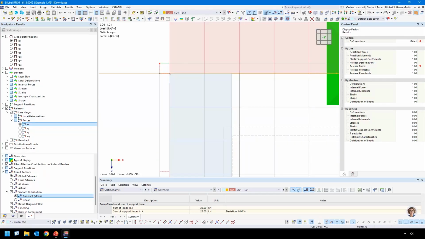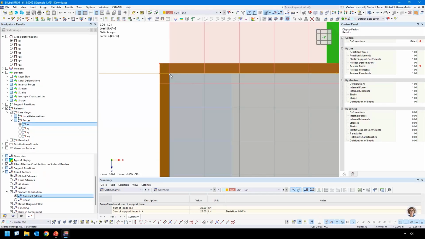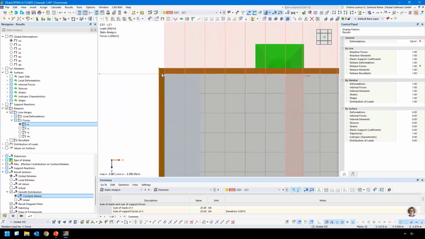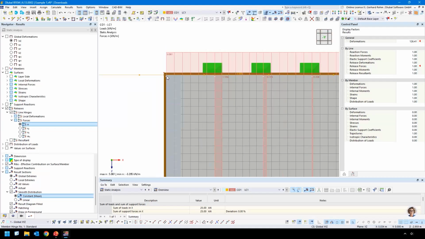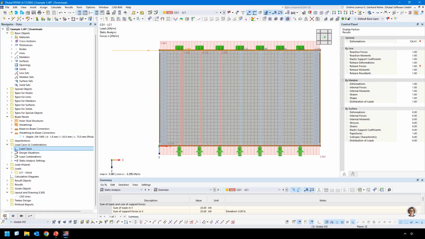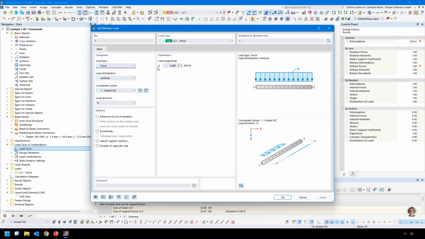Since the surface is connected here at this location, but the member is 3 centimeters longer on each side, and the load is applied to the member, we have, of course, more load to transfer via a shorter distance. So what we can do, and I will do it just to prove it and just to build some trust in this calculation, I will go here to